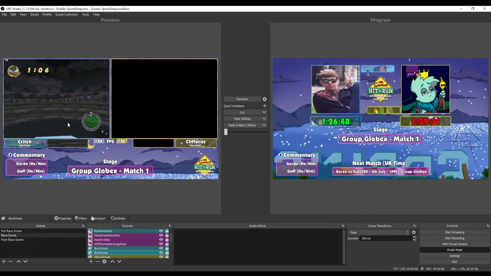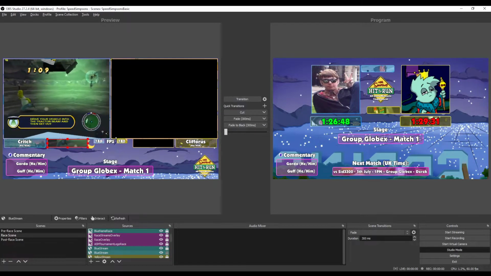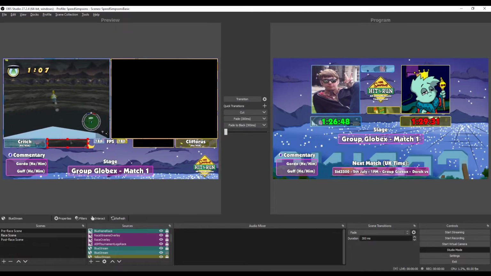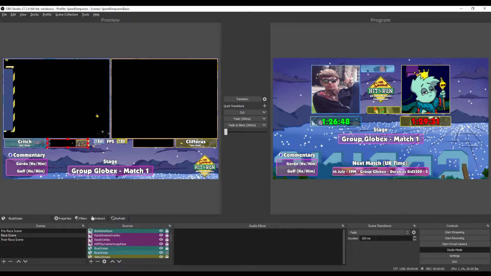The next one is going to be the timer below it. This is a little bit more finicky. You can get the runner's timer if you drag it correctly. So I'm going to try and drag it in correctly. It does take a while to get used to using the Alt method for this. You have to play around with it and see if you can get the whole